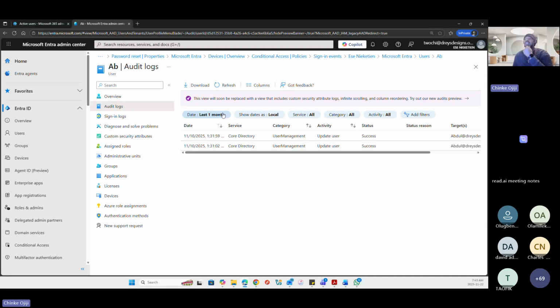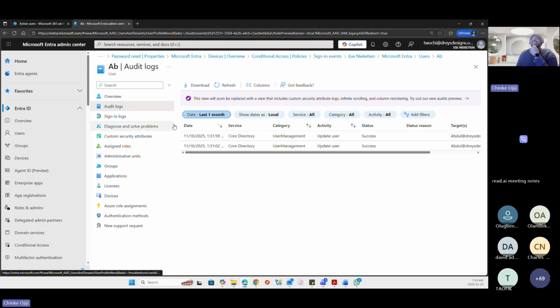Now, for this audit logs, you're able to see last 7 days, right? And last 1 month, but also the license that you as an admin have determines how far you can see.